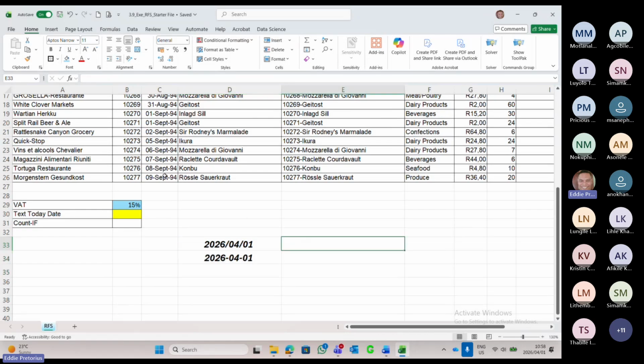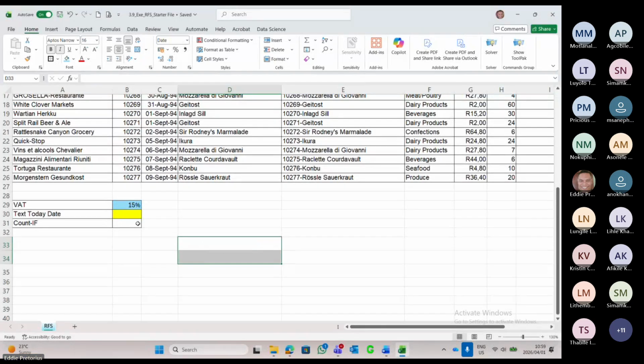So this is the normal today's function. This is the text today that we did so far. Now we're going to use the same function over here, but we're going to add a couple of days to it. In this case, plus 5. Now watch. I'm going to delete this. In there,